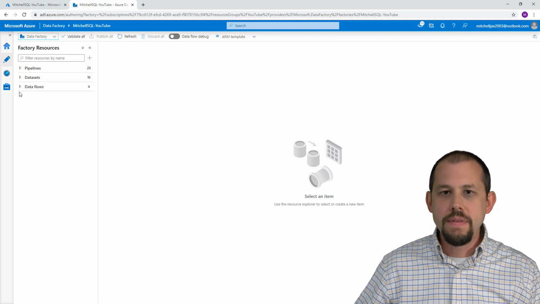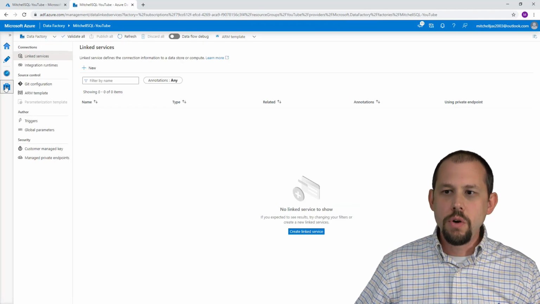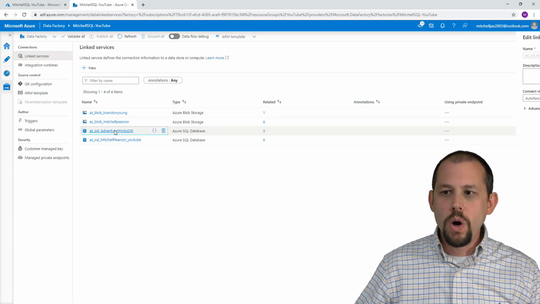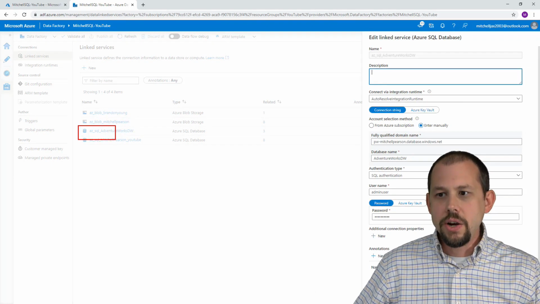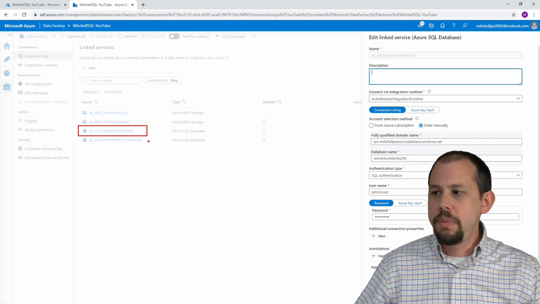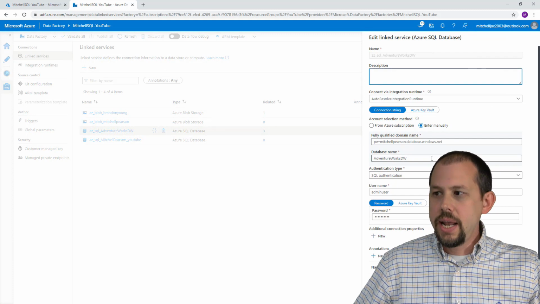So let's take a look at the problem that we're talking about here, right? I am inside of Azure Data Factory right now. And if I go over to the Manage ribbon over here, and I open up one of my SQL connections, so I'm going to open up this guy right here, Azure SQL to an AdventureWorks database that I have, you'll notice that I am creating a connection here